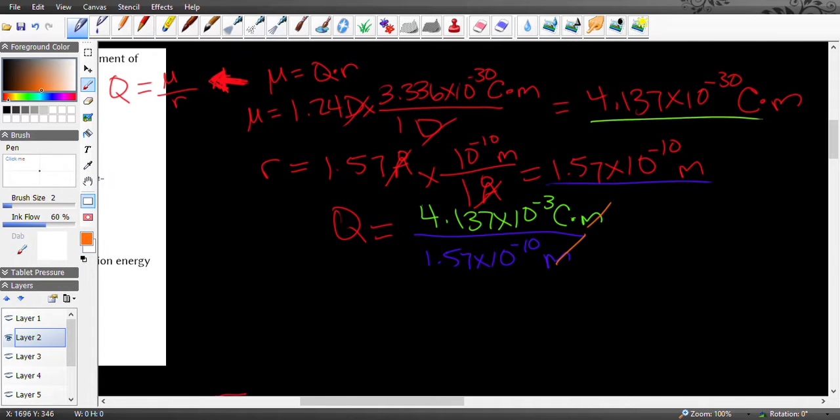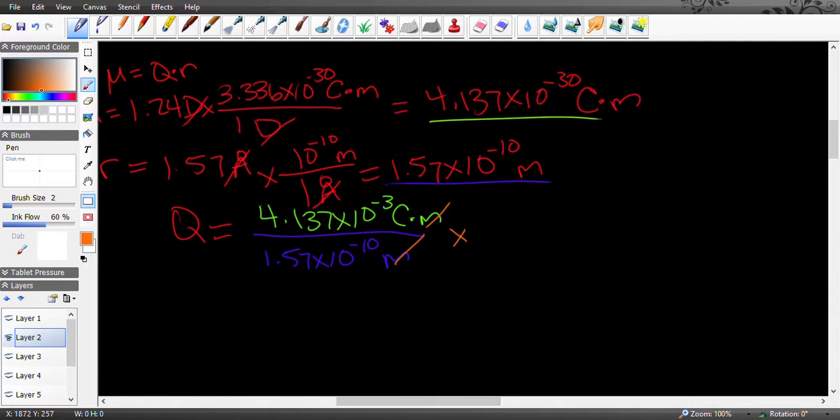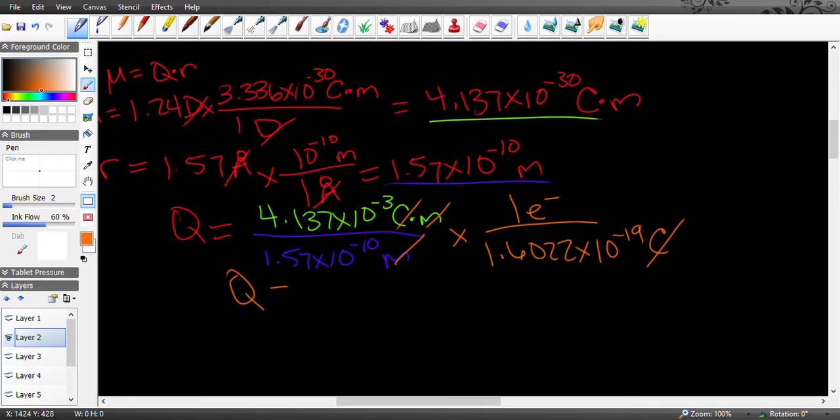And then I'm going to add in the step just like I did over there, so I don't have to solve for it again: 1 electron equals 1.6022 times 10 to the negative 19 coulombs. So Q is going to equal, when you do the math,